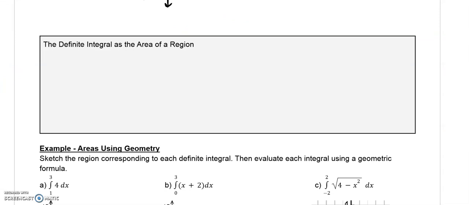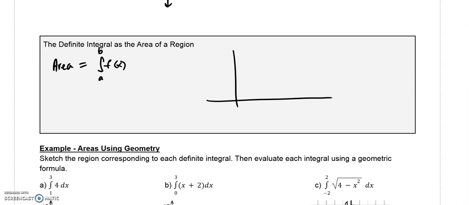What this definition states is it has to be continuous, of course, and basically when we find the area that's bound between the x-axis and the curve itself, that's what we consider the integral. I'll draw a picture here. Let's say our function looks something like this. Here's A, here's B. So if we were to find the area